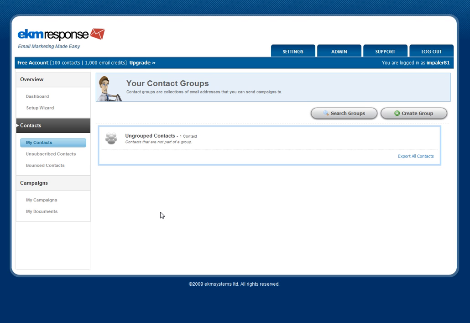To add contacts into your account you need to have a contact group. Contact groups determine who resides in those groups and who basically gets your emails. So to add a contact group, if you click on the Create Group button,